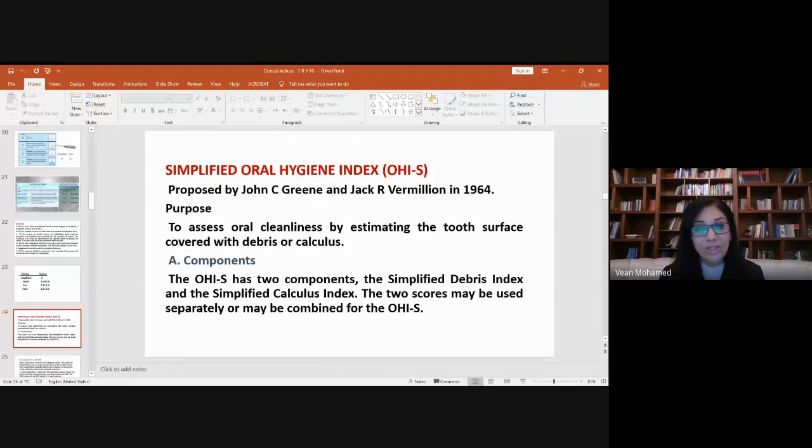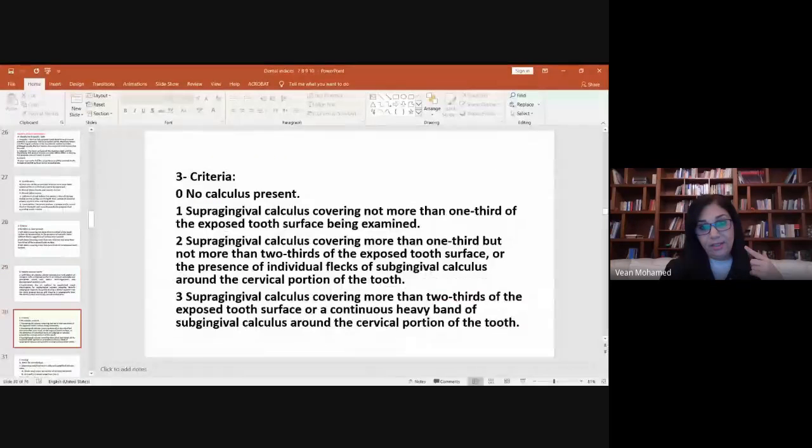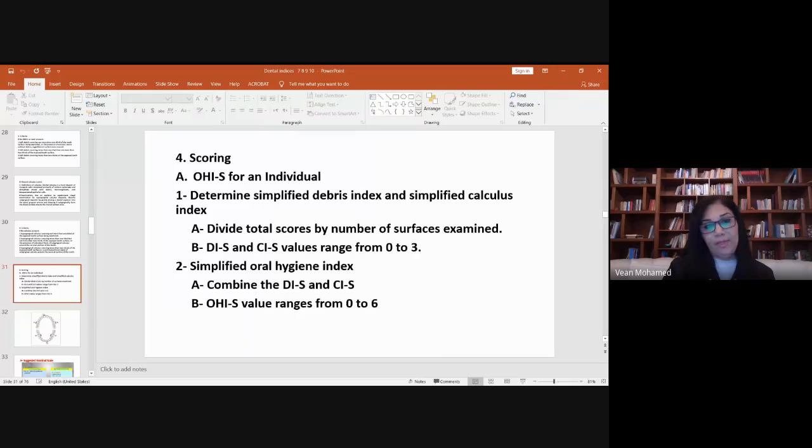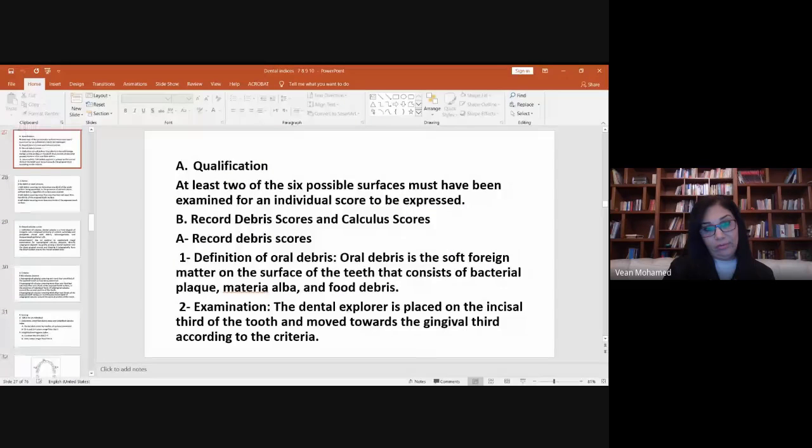The simplified oral hygiene index has 2 parts: the debris index simplified and the calculus index simplified. Only 6 teeth are examined: central incisor to first molar in the upper, and central incisor to first molar in the lower, as is clear in this photo. The facial surface for molars in the upper and the lingual surface for molars in the lower will be assessed. And the score for